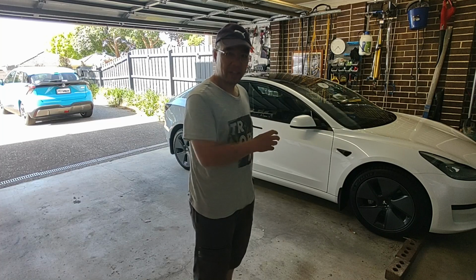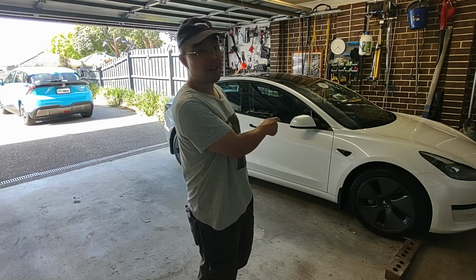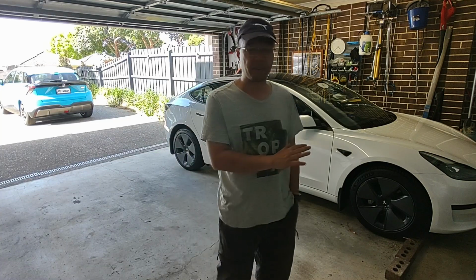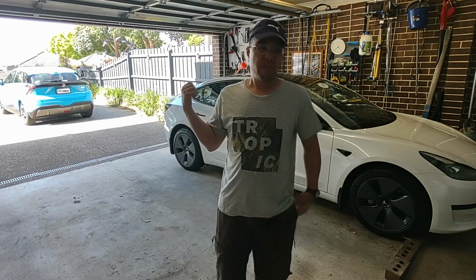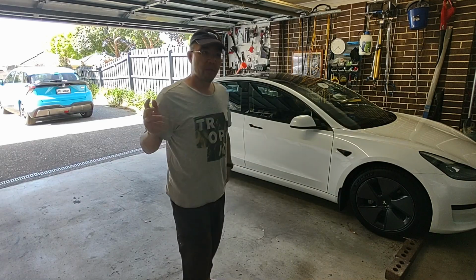And I actually do like taking it out sometimes more than I like taking that one out. The Model 3 is a little bit quicker than the MG4, but it's not all great. The turning circle on the Model 3 is atrocious. There's no other way to put it. The MG4 has a really good turning circle by comparison. So if you're a